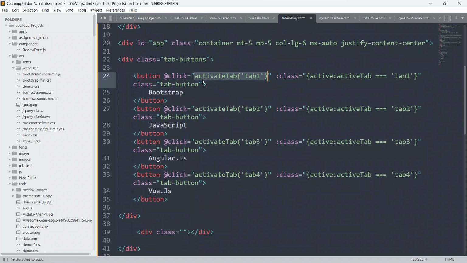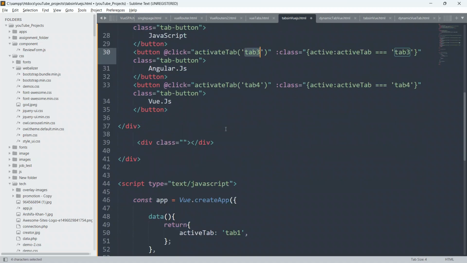We are calling activate tab 1, we are calling activate tab and passing tab 2, calling activate tab and passing tab 3 as a parameter, and also calling activate tab and passing tab 4 as a parameter.